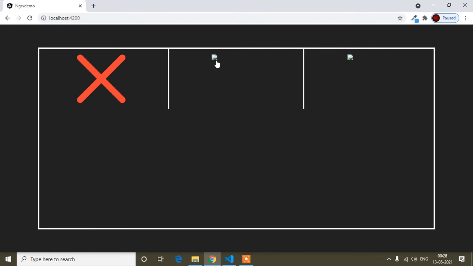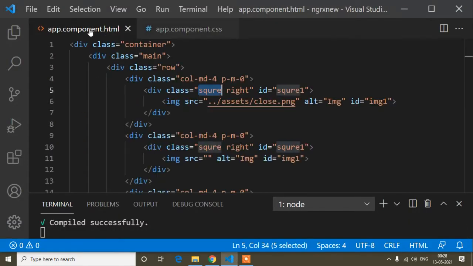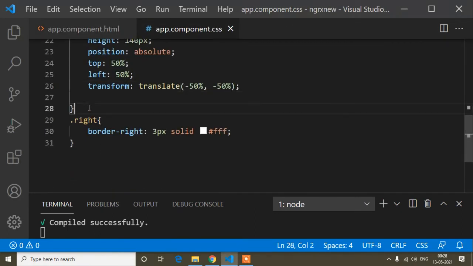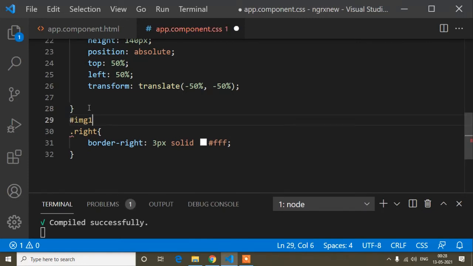Okay, so now guys, first of all, when the user clicks, then the image will come, but before clicking I will not show the images. So that's why I have added an ID to all the images. So I will copy this ID, image 1, image 2, image 3.